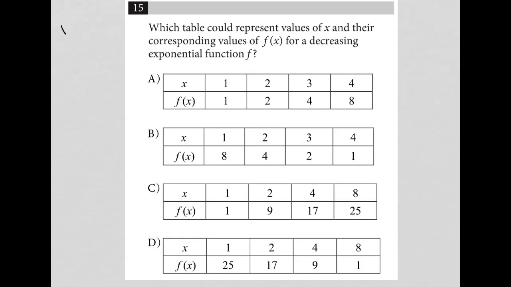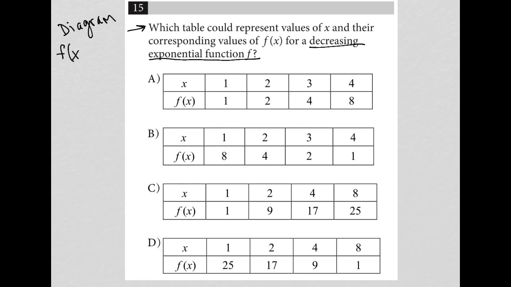So this question is a diagram question. Let's read the question and see exactly what we're doing here. It says, which table could represent values of x and their corresponding values of f of x for a decreasing exponential function f? All right, so I know, and I hope you know, that a decreasing exponential function looks like